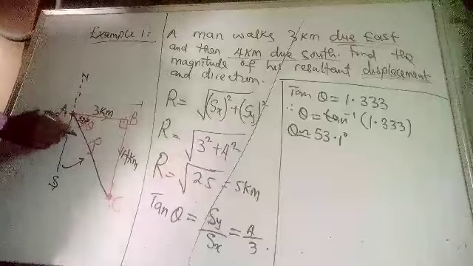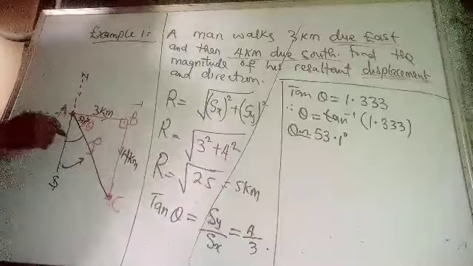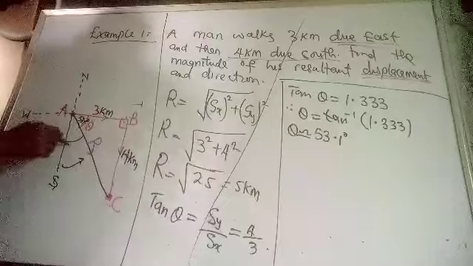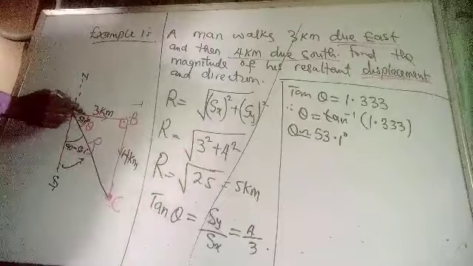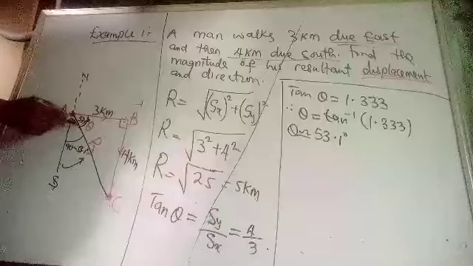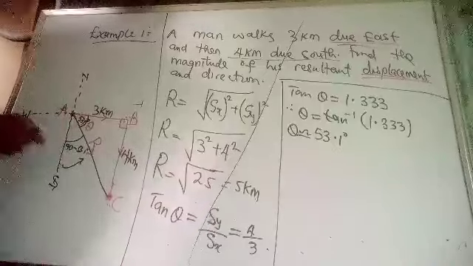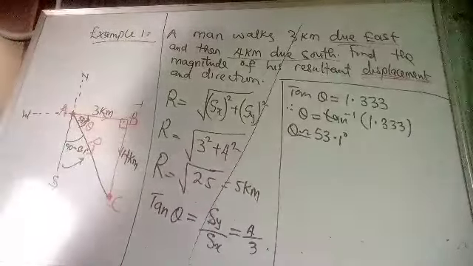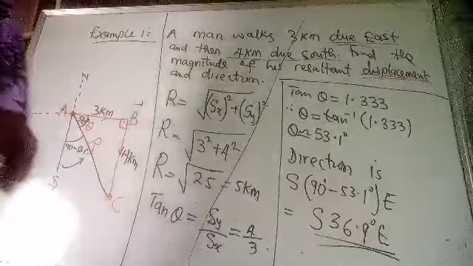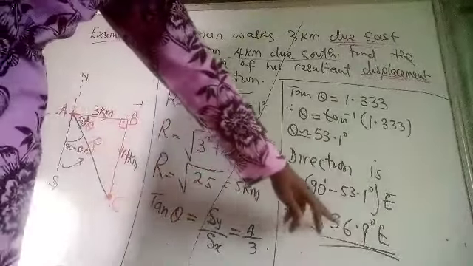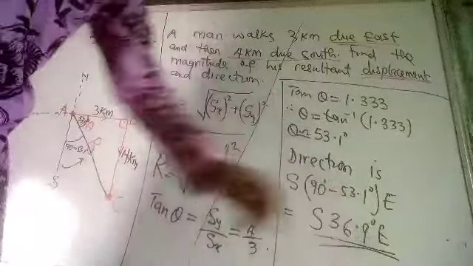And southeast will be this angle now. That means we have to look for this angle. And this angle will be 90 minus 53.1 degrees. Since the angle here is 53.1, we subtract it from 90. So that is how we get the direction. So that will give us south 36.9 degrees east, because